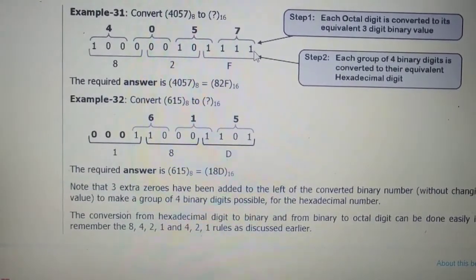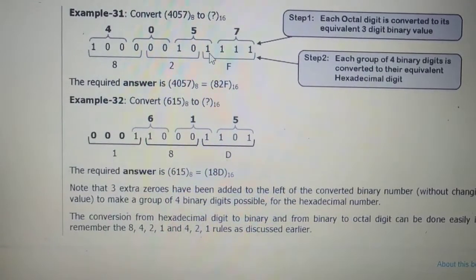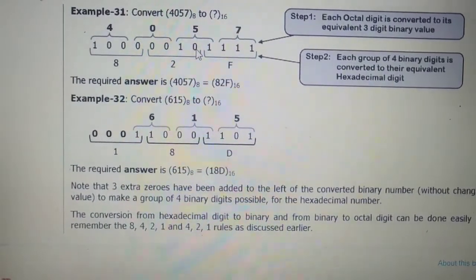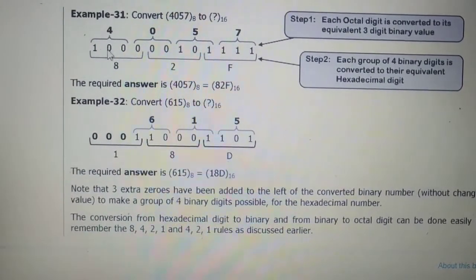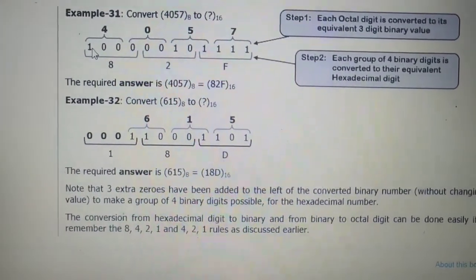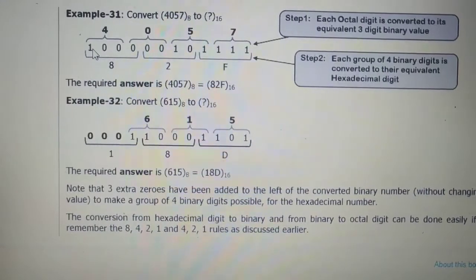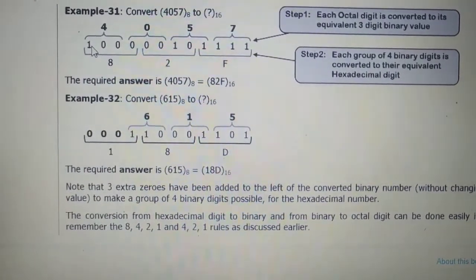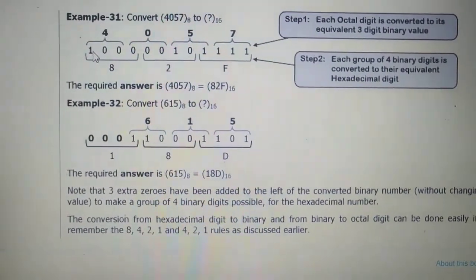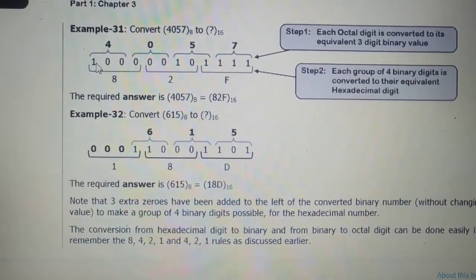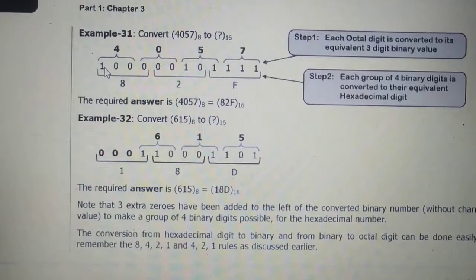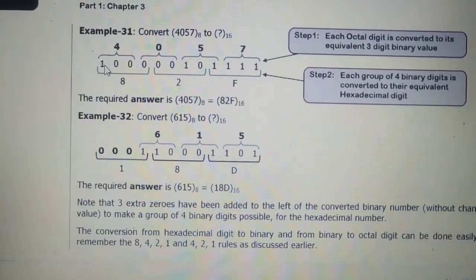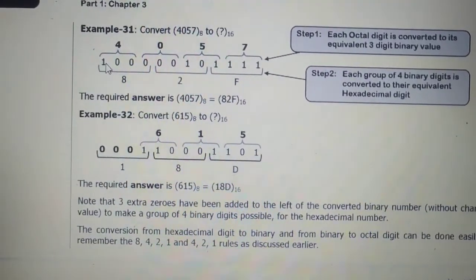So now we are clubbing 1111. Okay, and now 0100 and now 0010. So here there is no shortage of bits, so it is done beautifully. We can club 4 digits, but it may happen that sometimes there is a shortage of bits, then the missing bits we will replace by 0. So in the next example we will be able to see that.